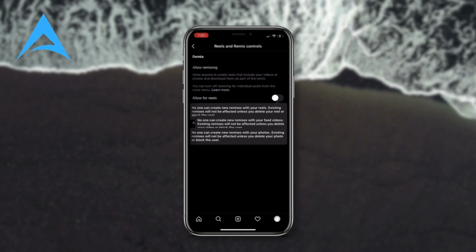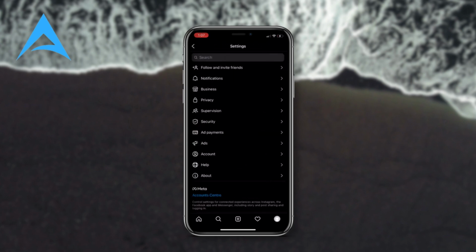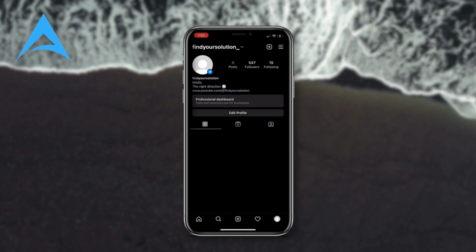And yeah, that's how easy it is to use remix on Instagram